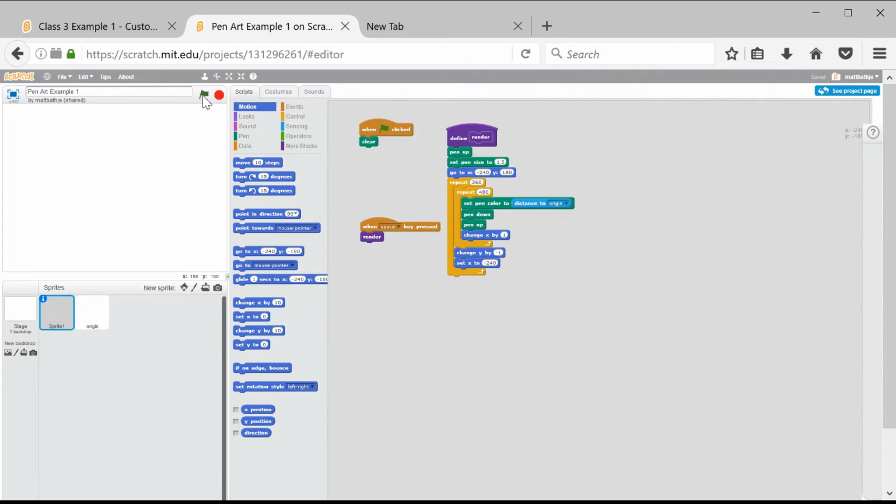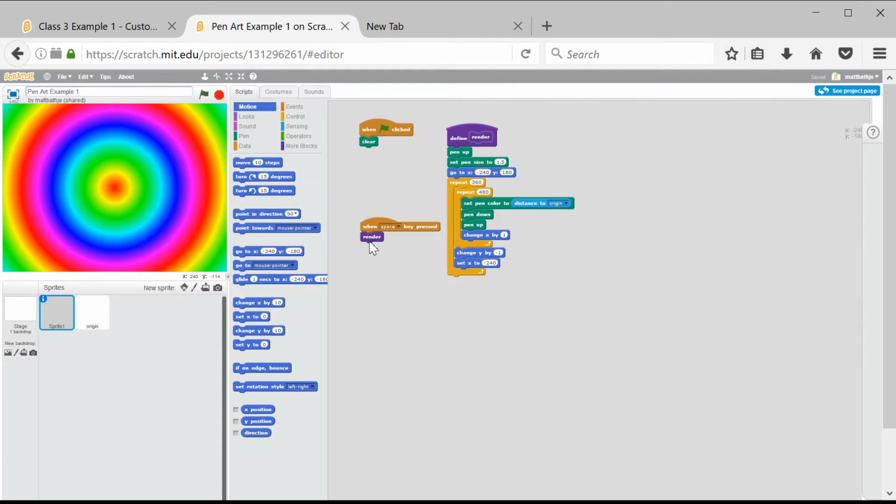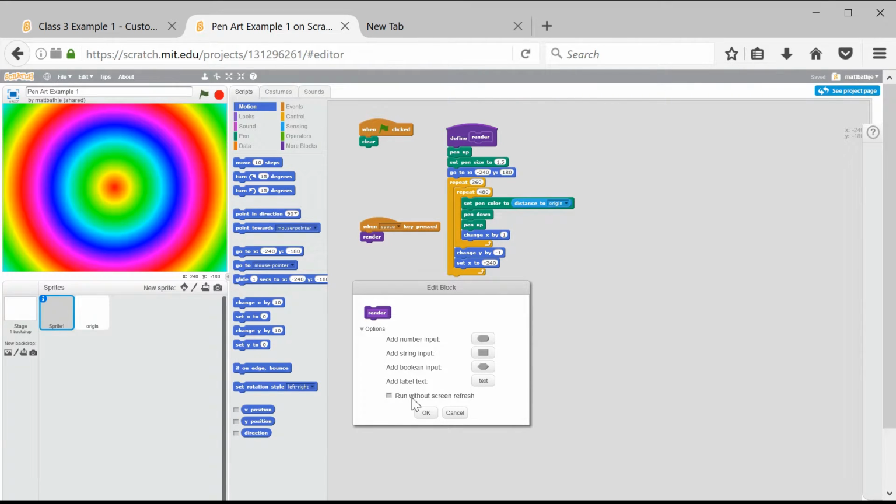So if I run my script, I hit space to run the render function, and you can see it's loading pretty fast. It pauses a couple times in there, but mostly it's pretty fast, and it draws this thing. This is all done with pen drawing. Now if I edit it and uncheck the run without screen refresh option